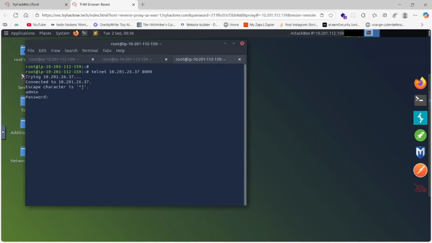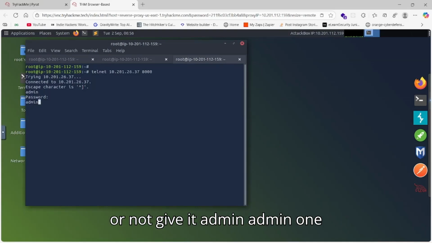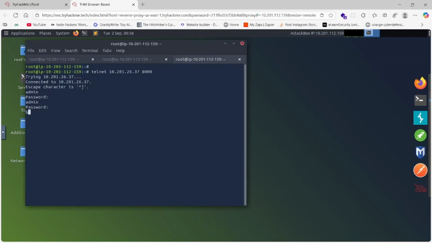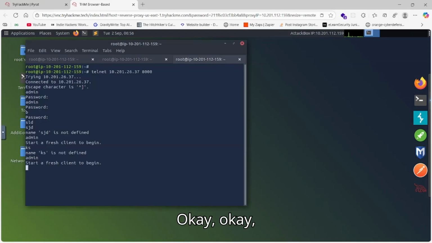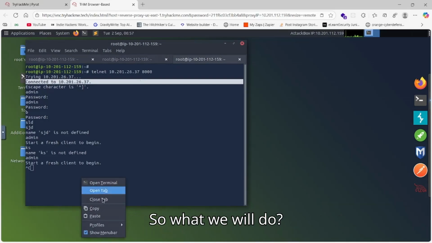Let's check if we will be able to brute force it or not. Give it admin one. Okay, so we can simply brute force this one. So what we will do,